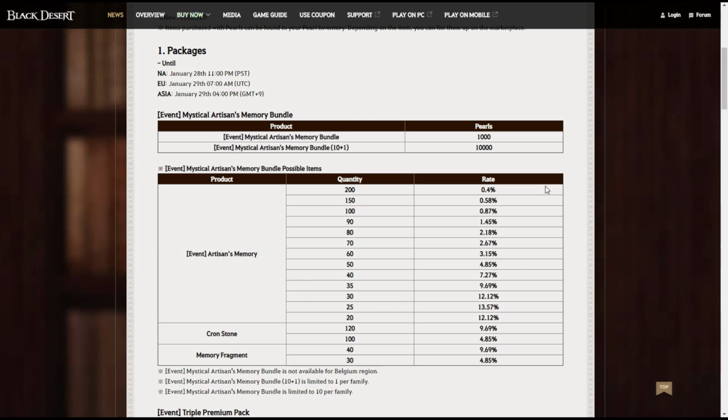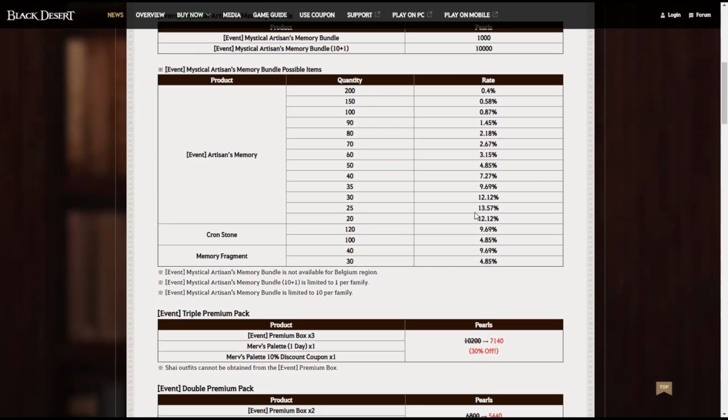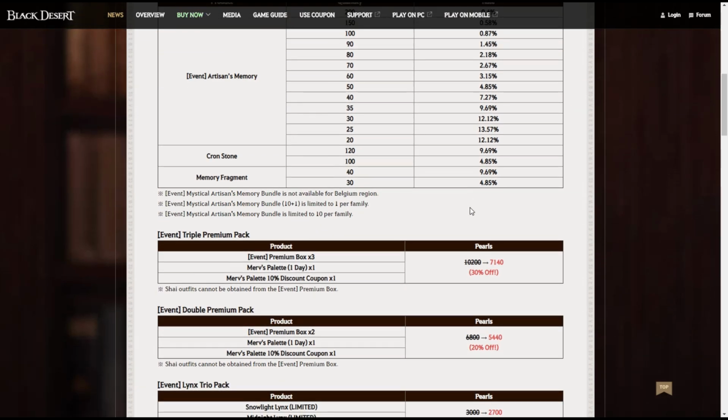That being said though, if I was personally buying Artisans, I think I'd take a punt on this purely because even at 9% and hitting those 35 artisans, or even just getting the 30, another 12% is a really decent return on investment. However, I would be really annoyed if I was just buying one of these bundles and I came out with the lowest value, or worse still, if I came out with a bunch of cronstones that I